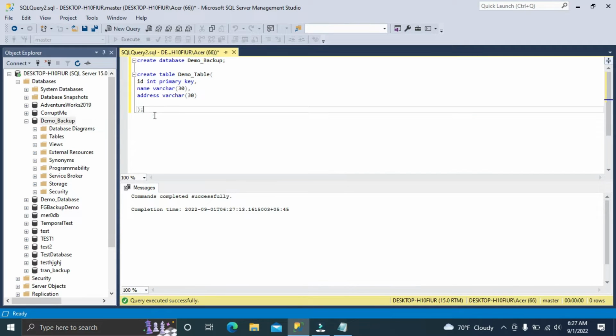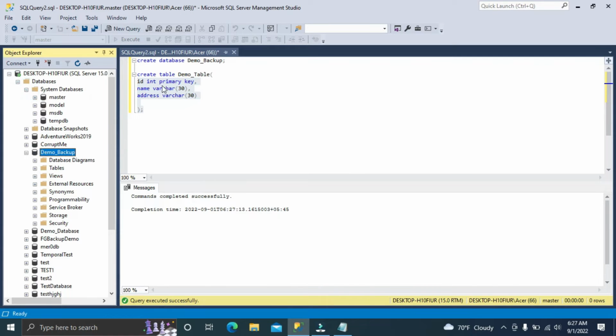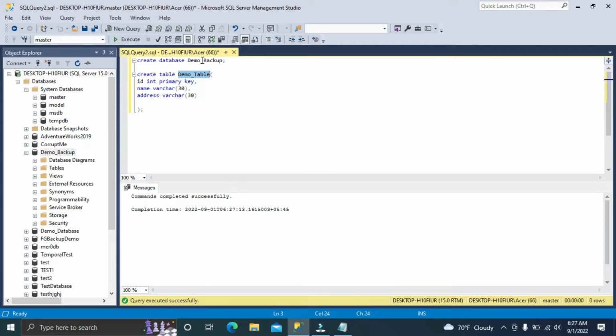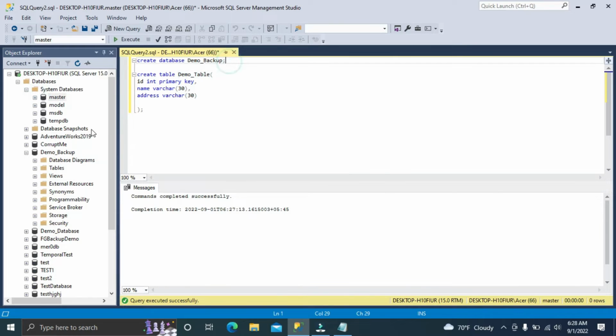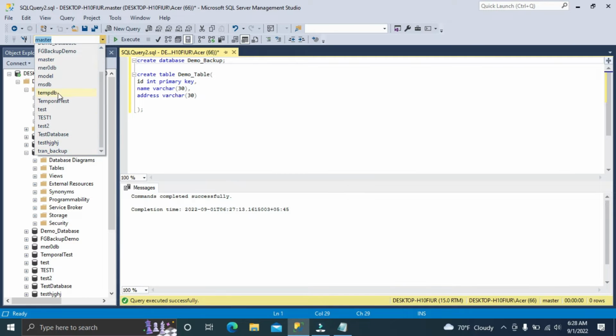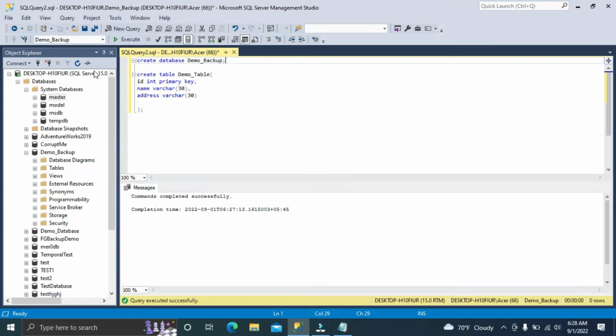This table is created in the master database because I haven't changed the database to demo backup. Inside the master, there is a demo table here. So I just have to change the database to demo backup. So demo backup is our database. Now I'm choosing demo backup as the database, and if I create this table,